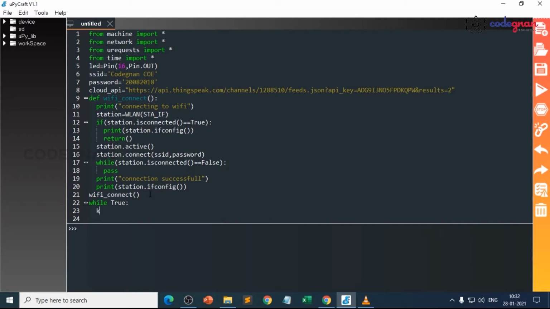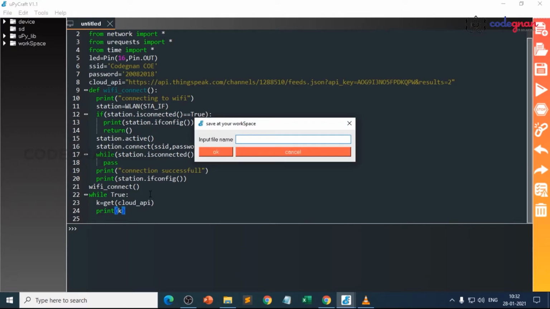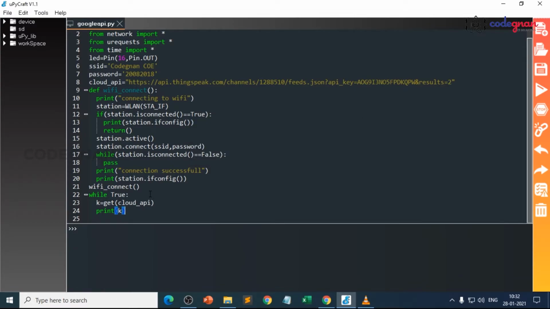So k equals to get of the cloud API here. Once it gets, we will print what we are getting, so print of k. Save the program with the name Google API .py.